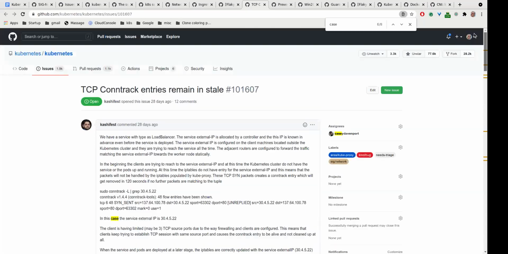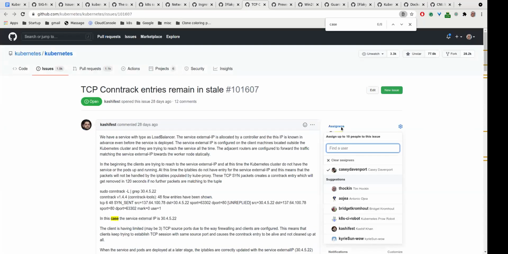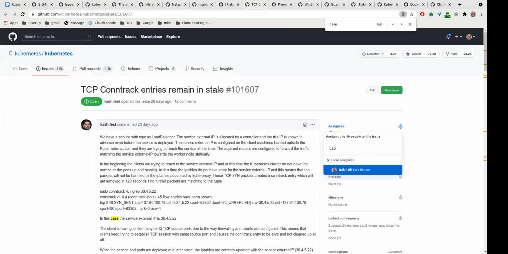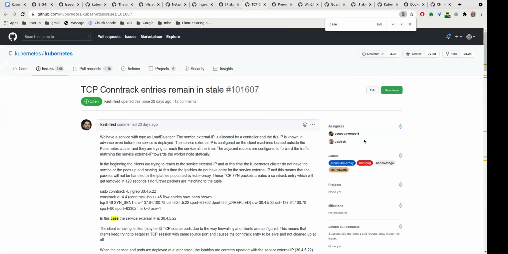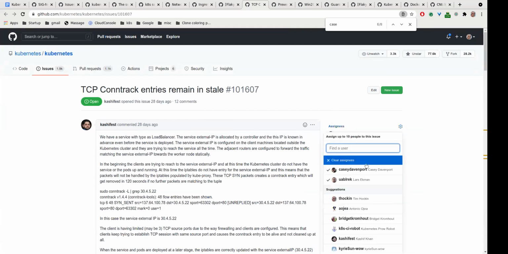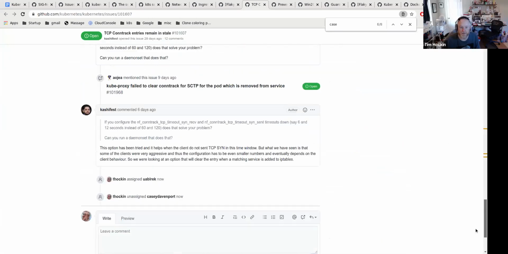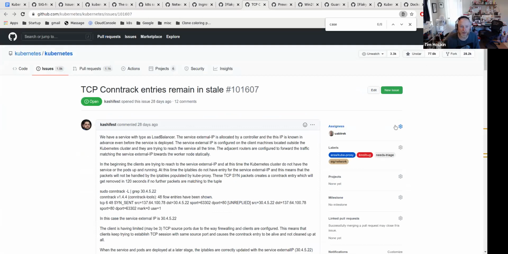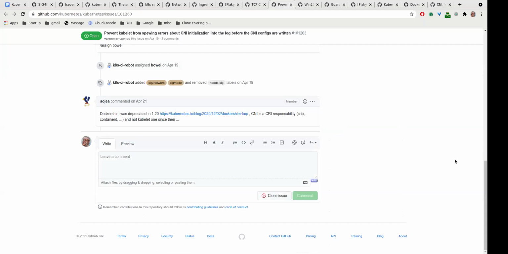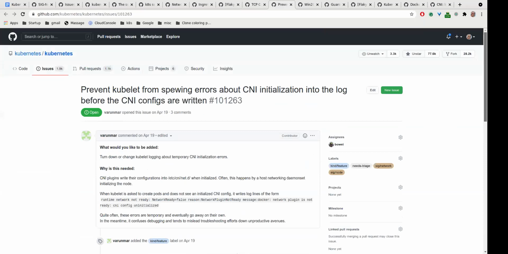I believe it's actually from Ericsson. I know the problem because they have clients that have like 5 ports open in a firewall, and they hammer like crazy on those ports, and the contract entries do never expire. Right. Okay, cool. Well, please take a look and let us know if there's things that we can actually do here. It seems entirely plausible that there are real bugs here. Yeah, I believe it's the same for SCTP and UDP. They want the same thing for TCP. I will check it.